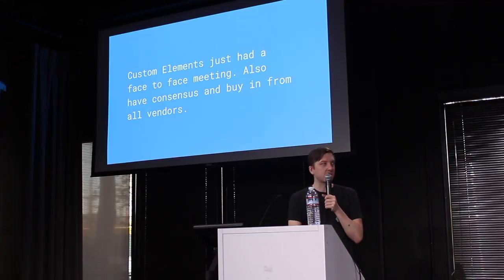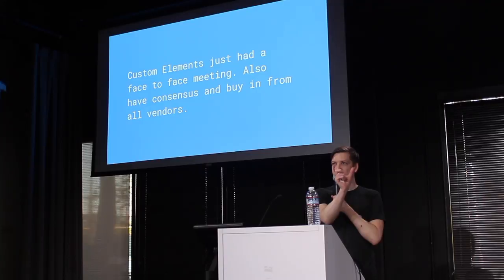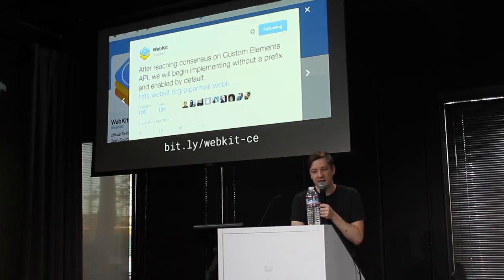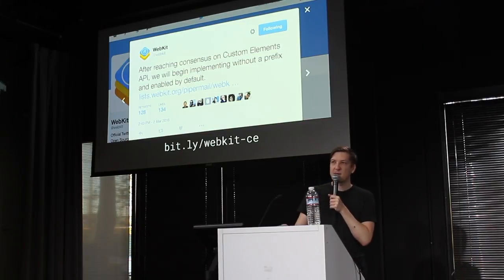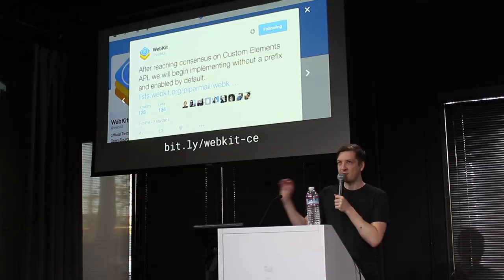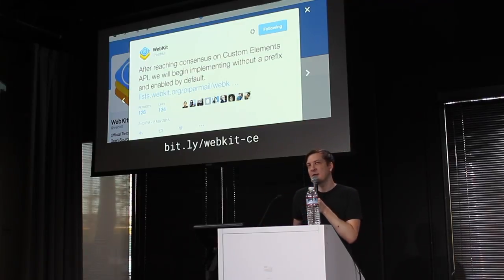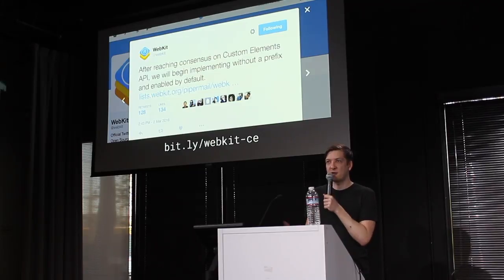Custom elements, another big part of the web component specification. This is the ability to actually define your own tag. And again, this is one of those things which was contentious for a while, and now we have everyone on board. Everyone has had face-to-face meetings to sort out the contentious bits. So the folks at WebKit have said that they're actually just going to go ahead and start implementing this without a prefix, just enabled by default. So again, I'm expecting to see custom elements perhaps landing in a version of Safari this year,